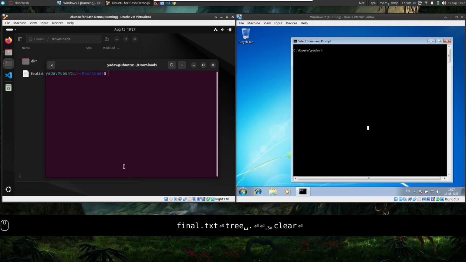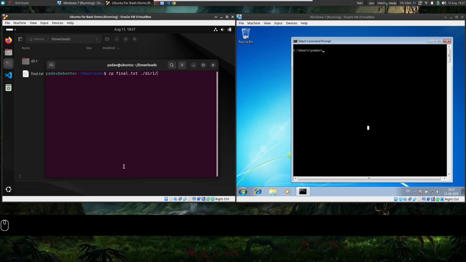Next, if I want to duplicate the file, that means it must remain intact in the source as well as a copy of it shall be present in the destination. Shallow copy or deep copy we will discuss later, but it will have a copy in the destination as well. For that we can use cp final.txt to dir1, and do you want to give it a name?